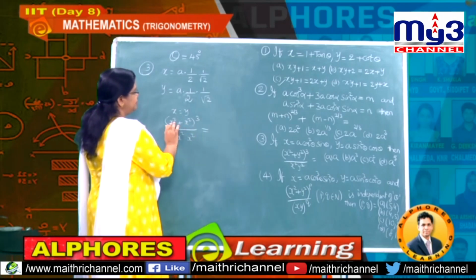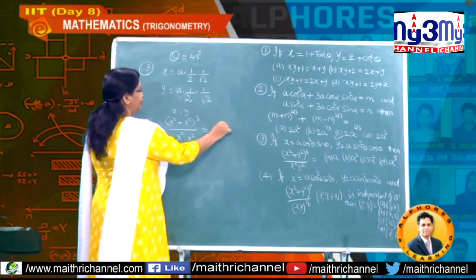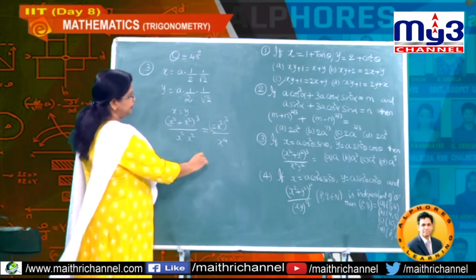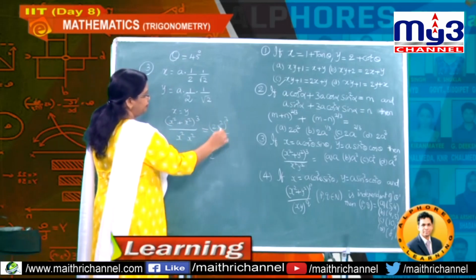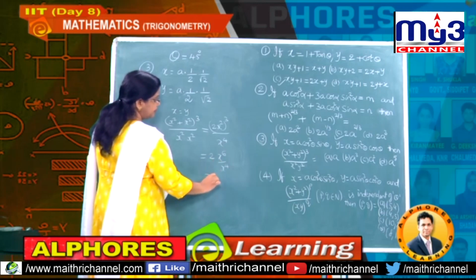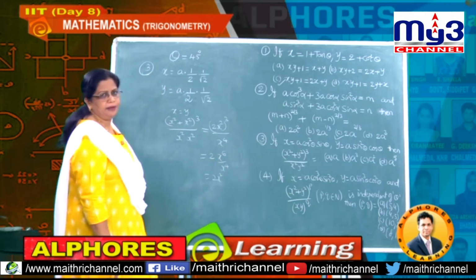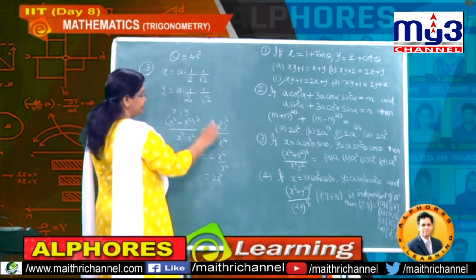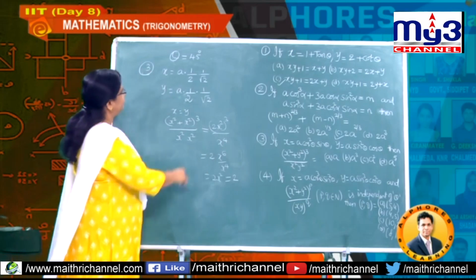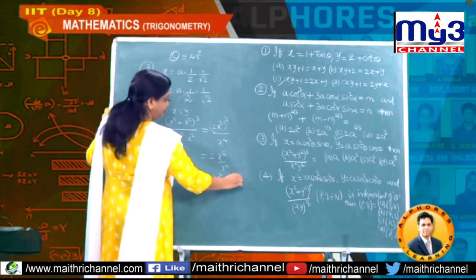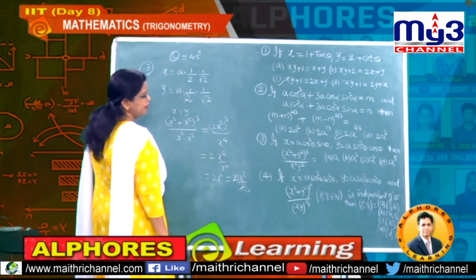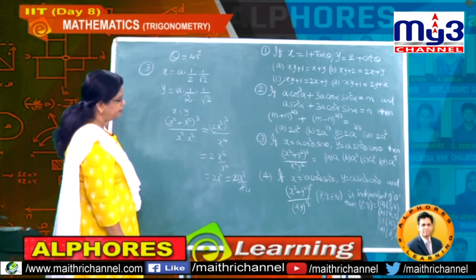Now this is (2x square) whole cube and divided by denominator x to the power of 4. Now this is 2 cube into x to the power of 6 by x power 4. So you got how much now, 8x square. Now what is that x value, this one. Now let us substitute, because here we require x value, this is a by 2 root 2. So a square divided by 8, hence what is the answer, a square here divided by 4.